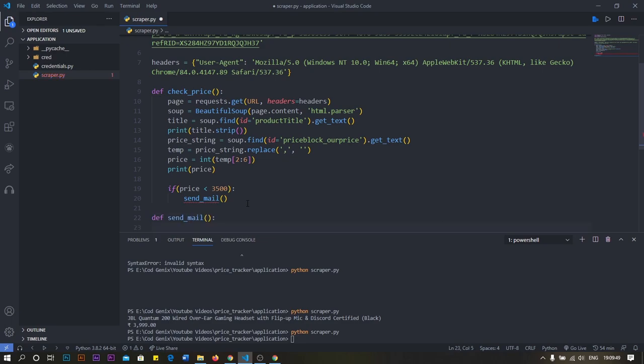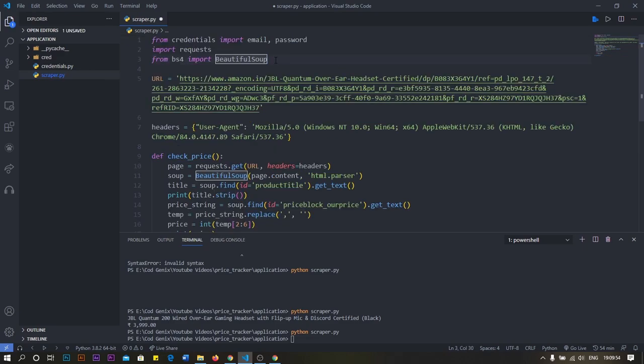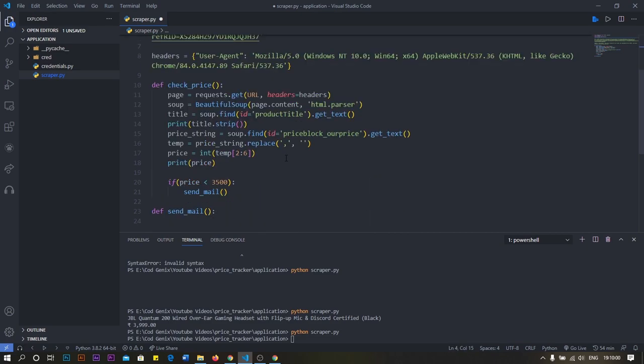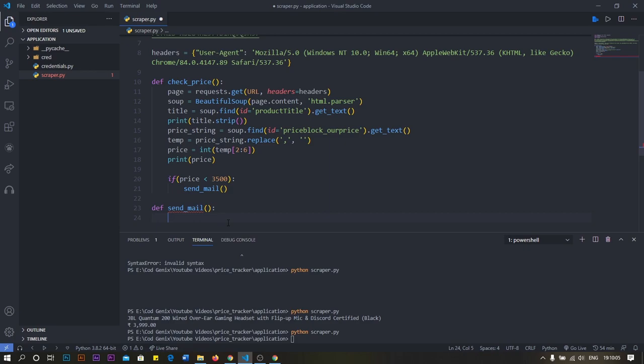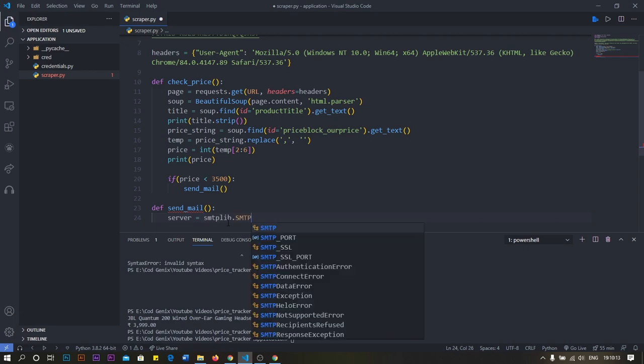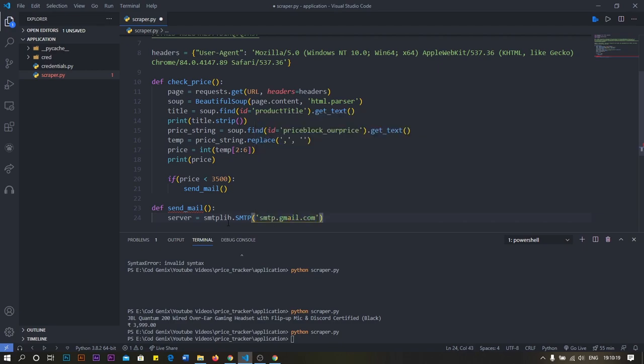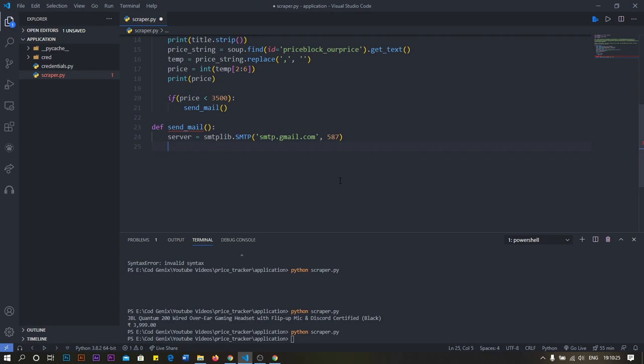Okay, now to send mail we have to use the SMTP library. So to do that we'll go here and import smtplib. This is the library for SMTP given by Python. Then we come here and we create its instance. So we go server is equal to smtplib, and we pass in two parameters. So the first one will be the SMTP address of Gmail, and the second is the port. These are constant values and you do not have to change them, this will stay the same always, unless and until Gmail thinks of changing them.